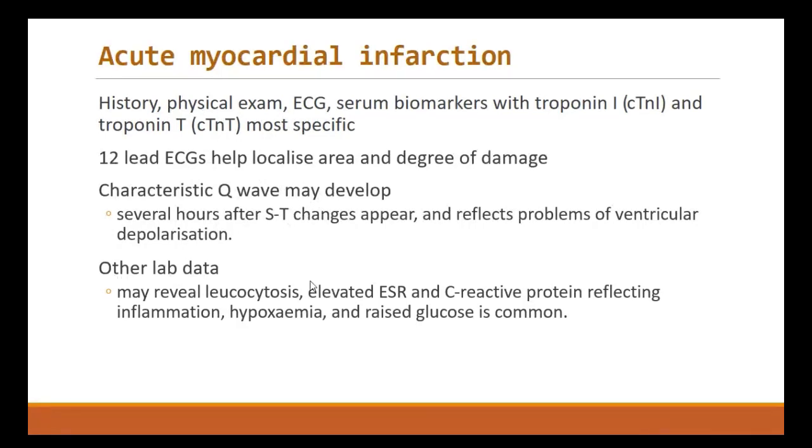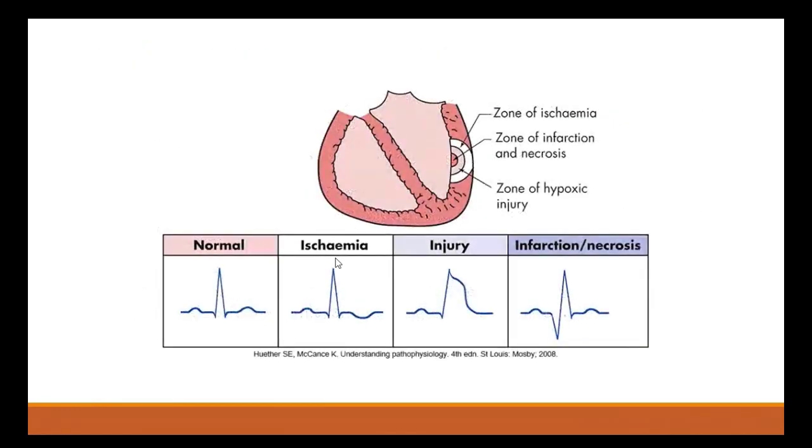You can also look at the blood report. So if there is inflammation, you will have increased neutrophils, leukocytosis, elevated ESR, C-reactive protein, and so forth. And on ECG, now if infarction is here, you're looking at ECG. Normal ECG is like this, right? Ischemia is ST depression, T wave inversion. All right. And during the injury, you will have ST elevation.